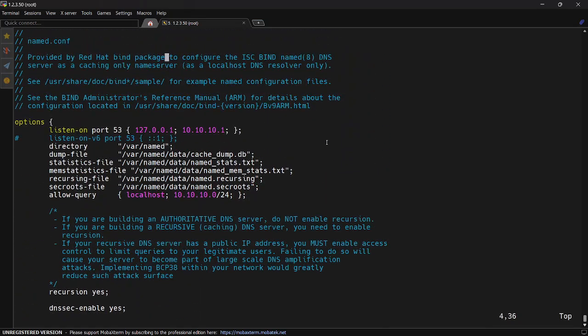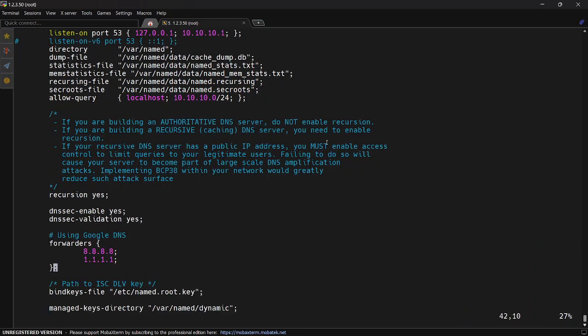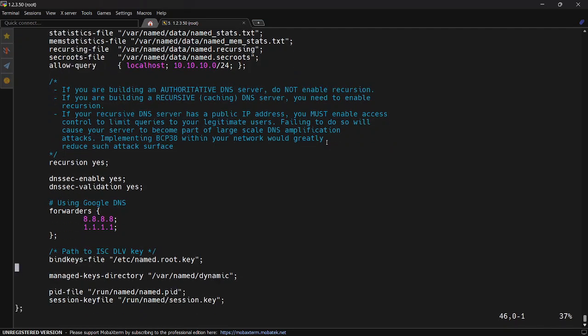So actually this file is the DNS configuration. It means my DNS will work on 10.10.10.1 and the localhost IP on this machine on port 53. And DNS can receive name to IP resolution queries from any IP of this network, that is pointing to the OpenShift network. These are some other features, and if some request came other than the locally defined DNS reverse and forward lookup zone, it will be routed to these public DNS